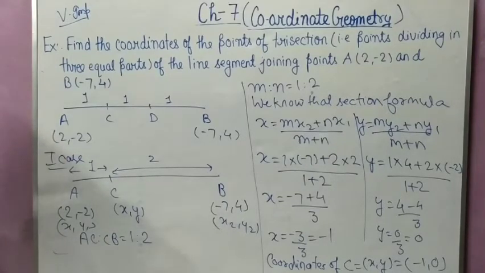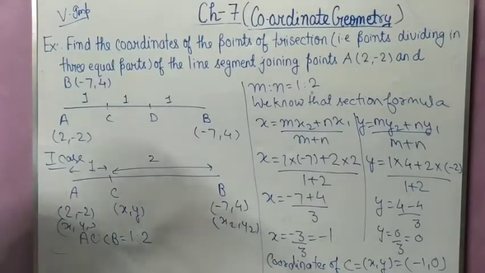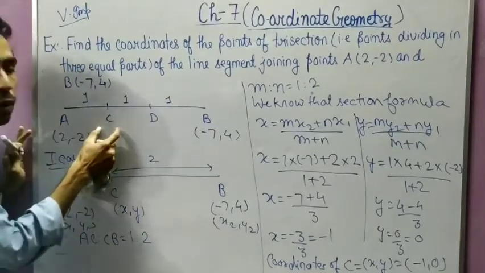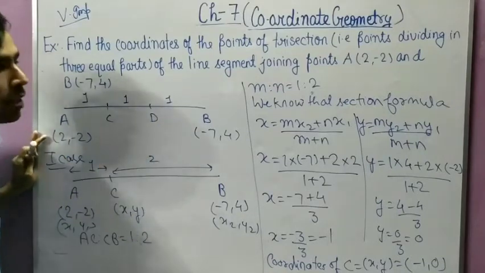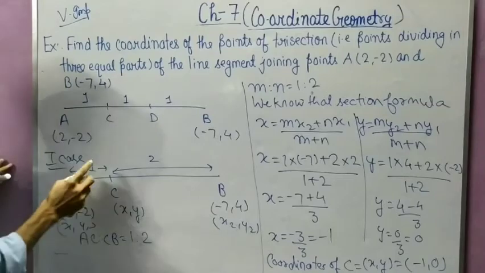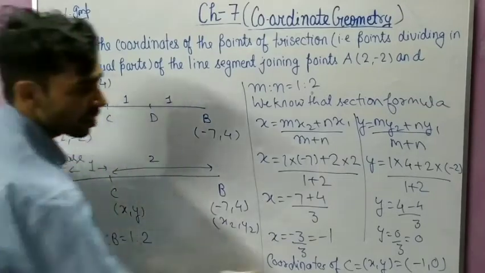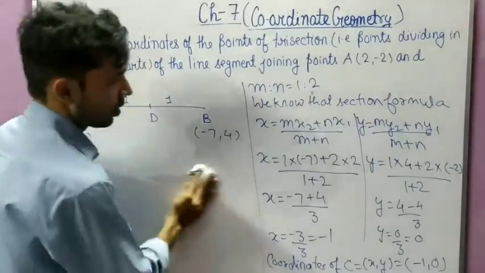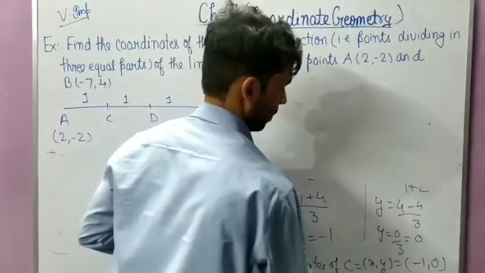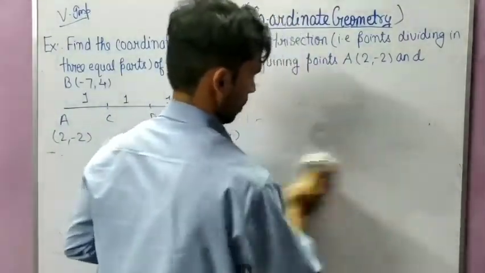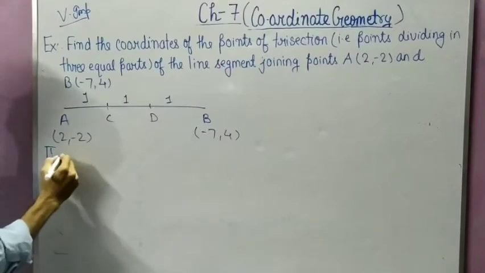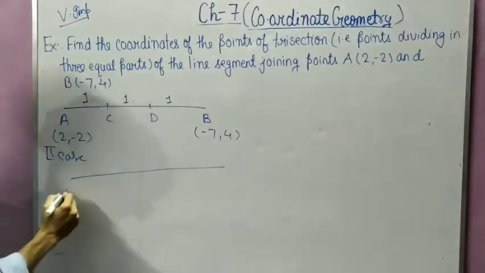we find the coordinates of C। okay, similarly we can find the coordinate of D also student। okay, like this case, first case we have taken, in first case we have taken only C, in second case we will take only D। okay, so first according to the first case we have got the value of C and the coordinates of C is -1, 0। similarly